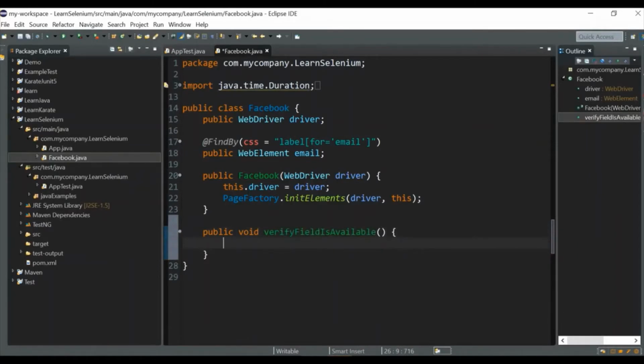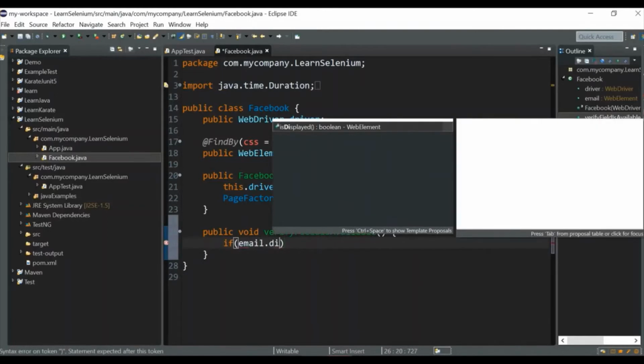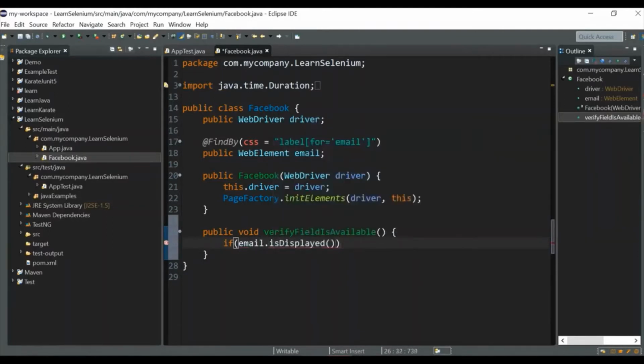We have a function called isDisplayed. First we will see it with the isDisplayed function, and we will see its disadvantage. So first let me check it with the isDisplayed function only. If email dot isDisplayed, then I can return true, else return false, and the return type should be boolean,